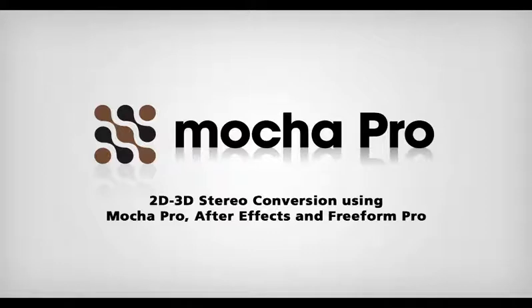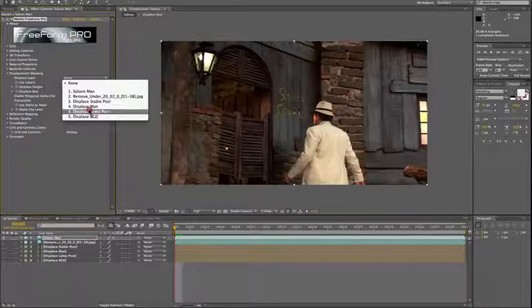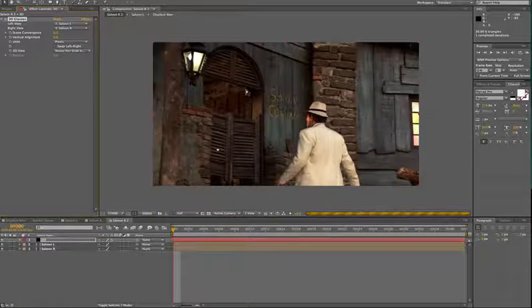Today we're going to be looking at 2D to 3D stereo conversion using Mocha Pro, After Effects, and a great product from Metal called Freeform Pro. We'll use Mocha Pro for the roto and the clean plating needed for the background, and then we'll use Freeform Pro inside After Effects to do the displacement in 3D so we can get the two eyes and render out